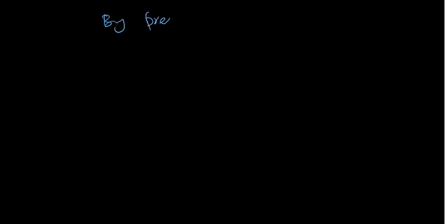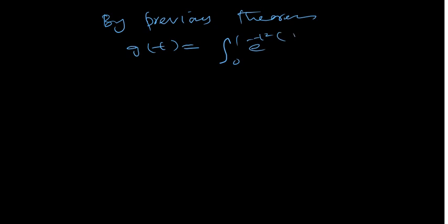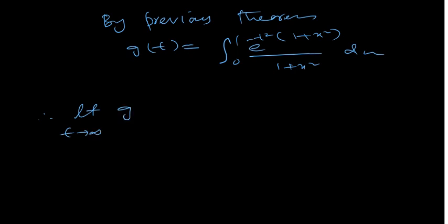By previous theorem, what's g of t actually? G of t is this function that you have already defined here. It's 0 to 1, I think, of e power minus t square times 1 plus x square divided by 1 plus x square dx. So therefore, by previous theorem we can see this limit t approach to infinity g of t is equal to